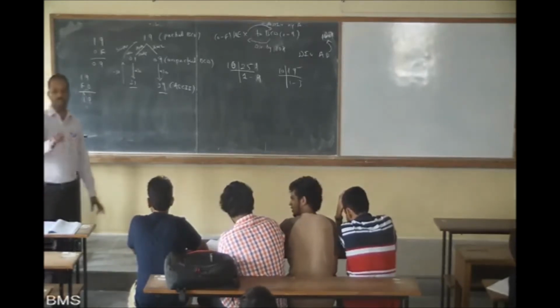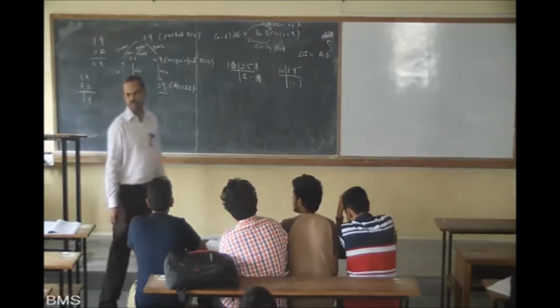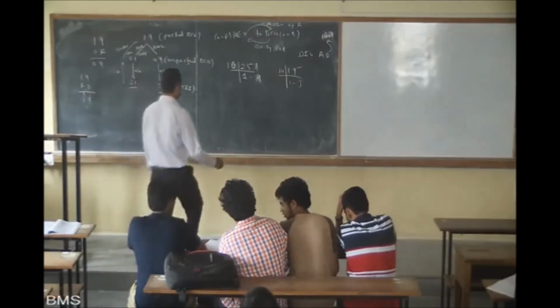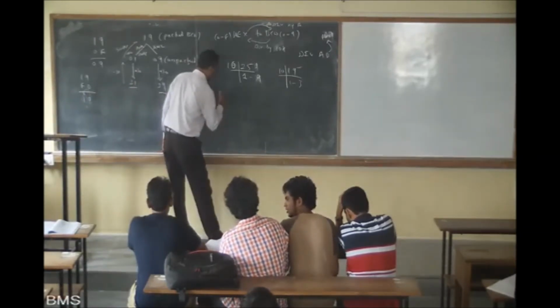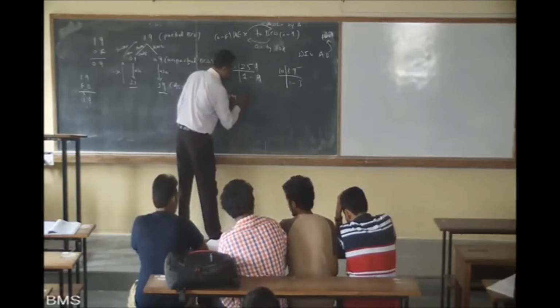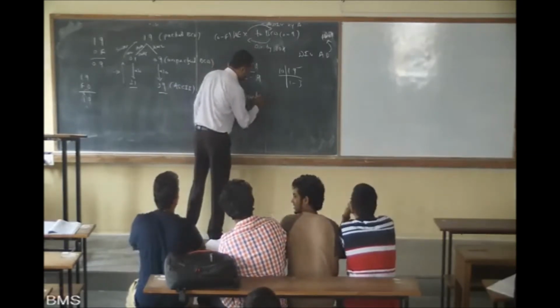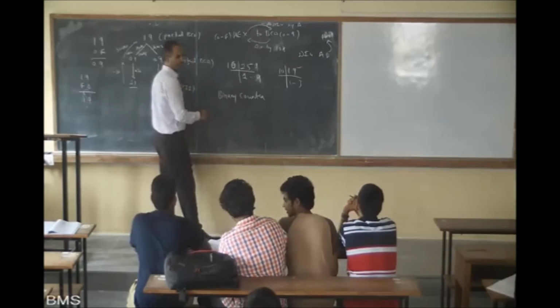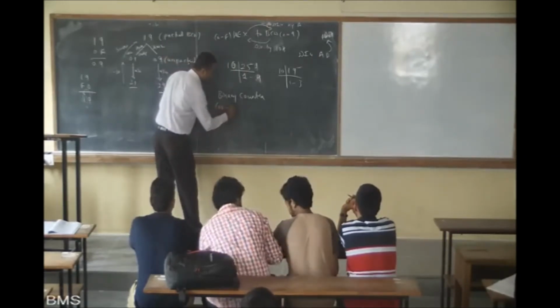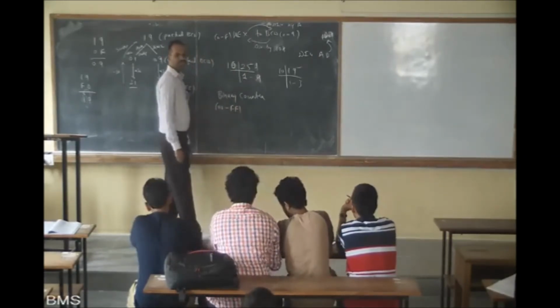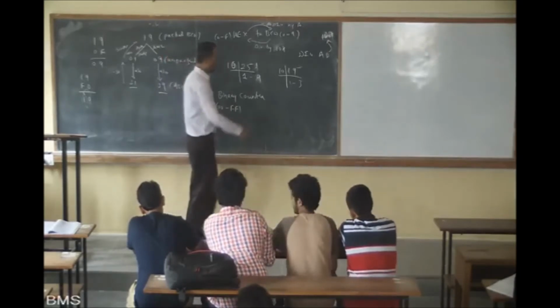Binary and BCD counter. What is the difference between binary counter and BCD counter? Binary counter starts from 00 and goes till FF. BCD counter